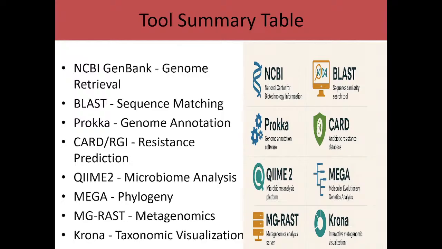You should know CARD RGI, that is for resistance prediction. You should know QIIME 2, that is for your microbiome analysis. And if you are talking of MEGA, that is when you want to draw a phylogenetic tree, to establish some evolutionary relationship about your